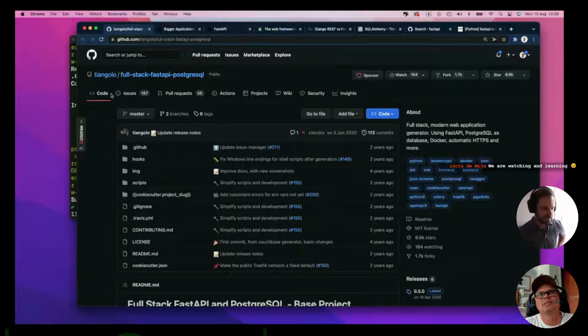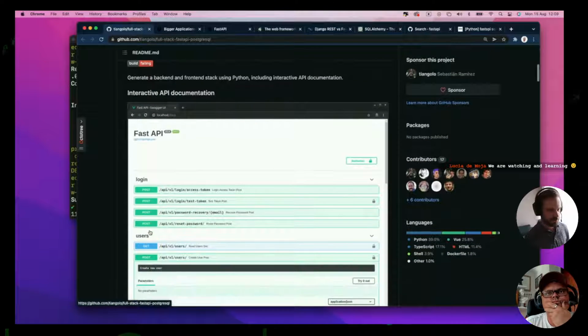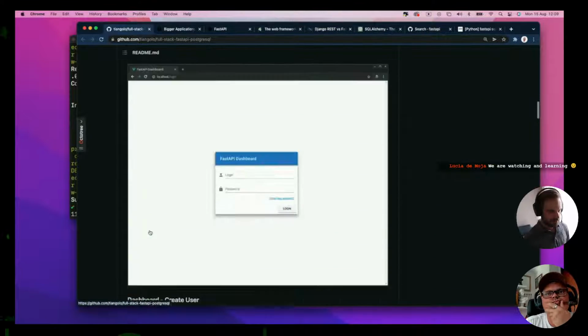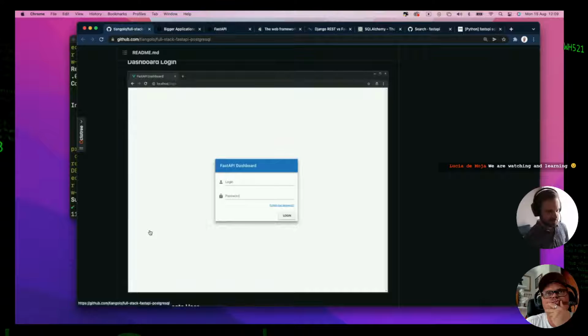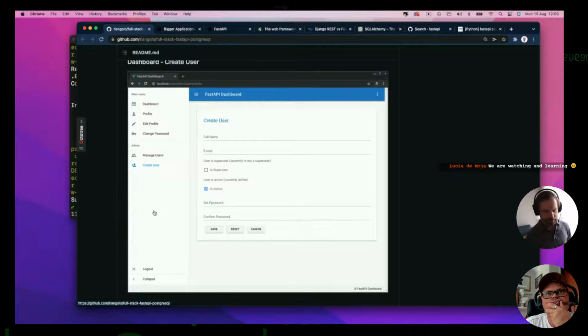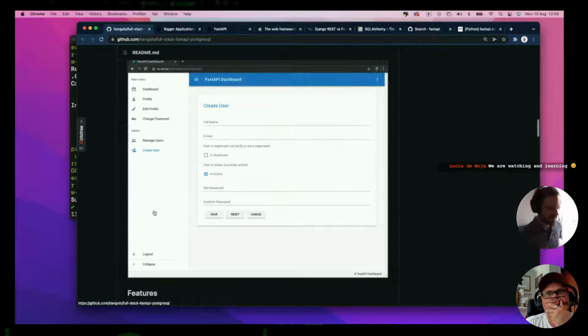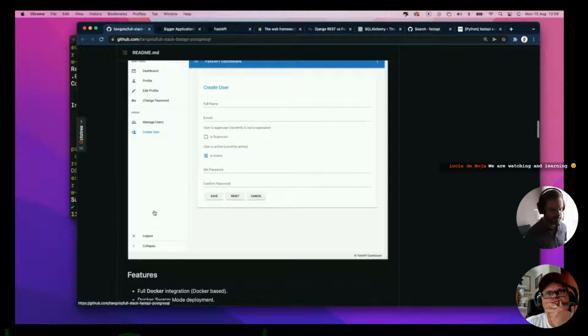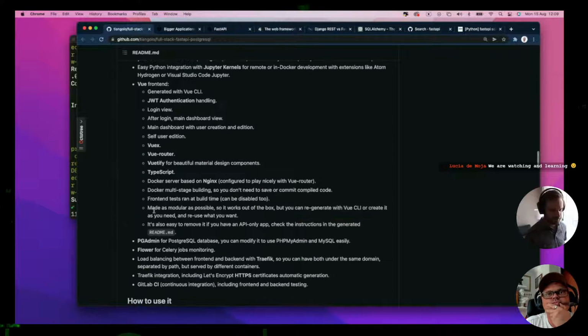Yeah, but it seems to just be an admin dashboard. It's like an admin dashboard with login, create user. I don't think it actually generates. It's doing a lot of cool stuff, but